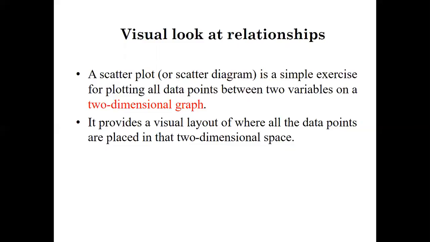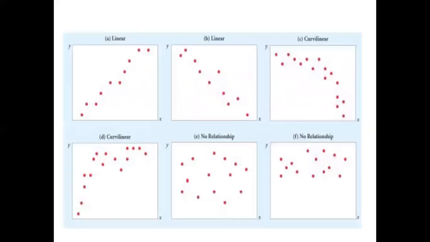So a scatter plot can be useful for graphically understanding the relationship between the two variables. Here are some examples you can see here. So we have two variables, variable x and variable y. If you see here, if the value of x increases, automatically the value of y is also increasing. Let us say x value is 2, 3, 4, 5, 6, and here also 1, 2, 3, 4, 5. So x value increases and the value of y is also increasing. This we call a linear relationship.